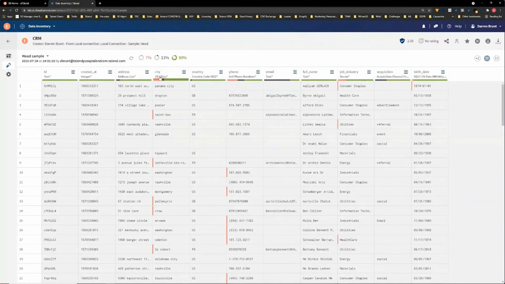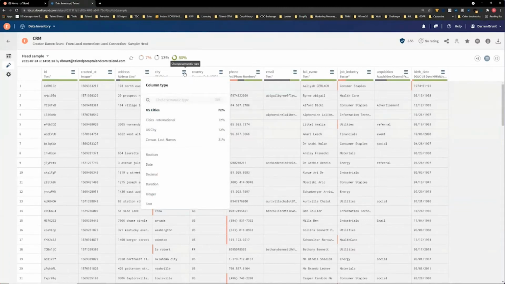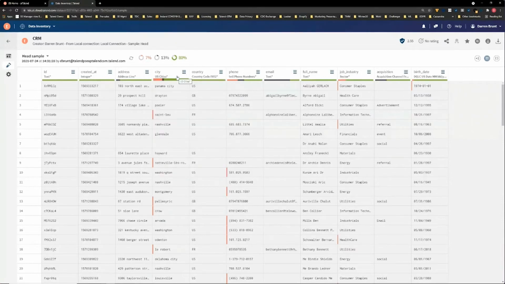Similarly, this column here has been identified as generally looking at US cities, but if we check the semantic profiling, we can see that we're about 72% sure they might be US cities or international cities, and less sure that they might be something else. So every time the data is profiled, we semantically try to determine with the most probability what we think the data is. Similarly here for international phone numbers, we can see that we've got a lot of invalid values if these are indeed international phone numbers. Emails generally are badly populated with 73% empty, so clearly a lot of work to do there, specifically if this is a marketing campaign. And similarly, we have some issues with job sector and acquisition channels.